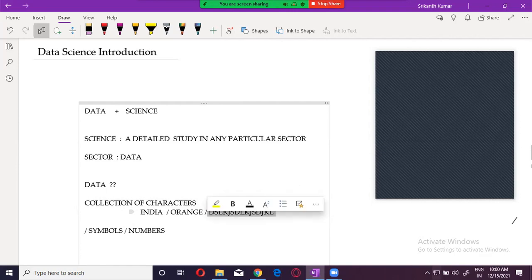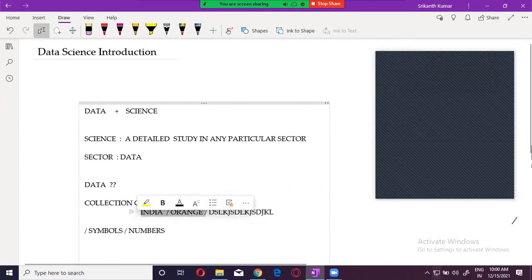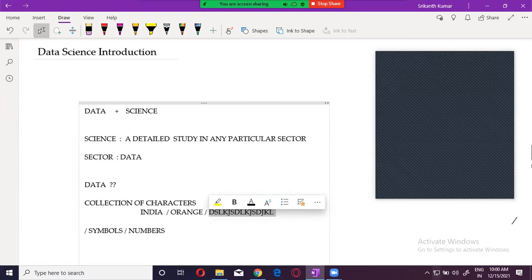Okay. Now, by this, you can broadly classify data into two types. One is the one which has some meaning, and the other is the one which does not have meaning. So one is meaningful, the other is meaningless. Clear? Is it okay? Okay, great. Now you take the symbols, guys, the same thing will happen.